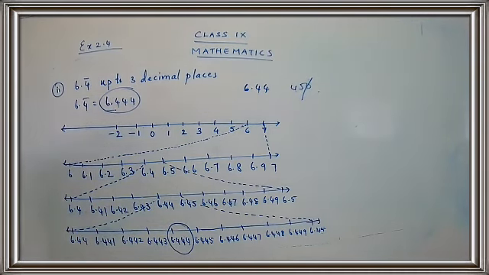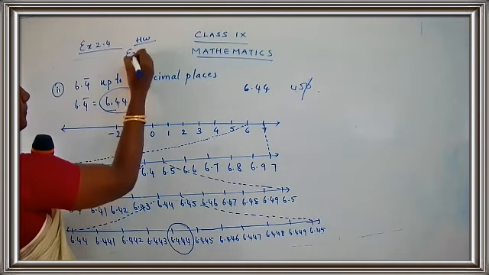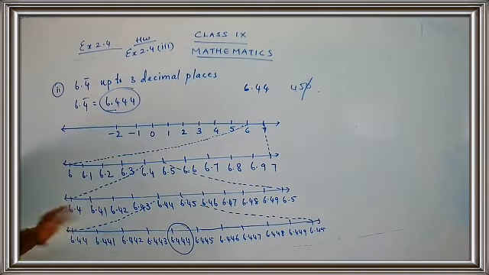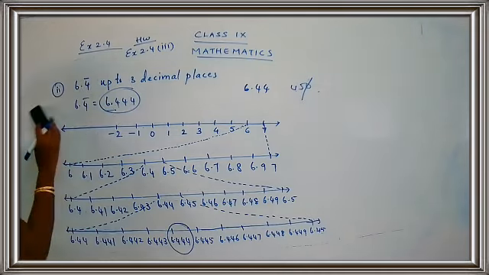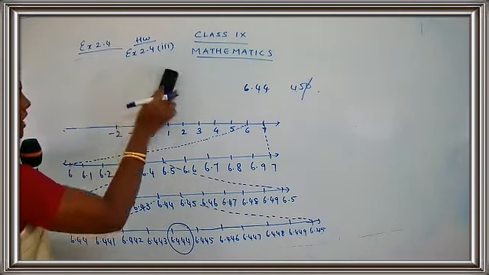Are you clear, children? So we have completed our sum number 2, and now your work is to complete exercise 2.4, the third subpart. The first and the second subparts I have done as classwork. The third one will be homework, and with this we complete our exercise 2.4. Children, a very small and easy exercise. We have completed exercise 2.4, and I'll tell you how to do sum number 3. I'll just give you a hint.